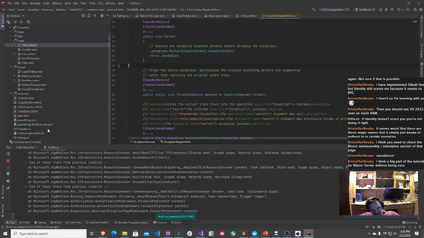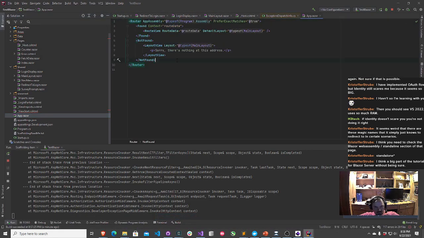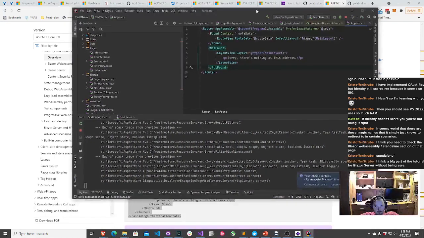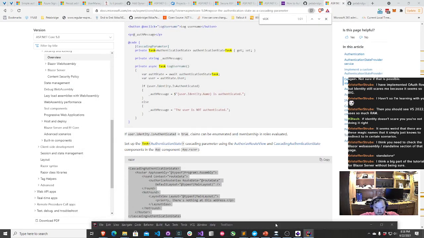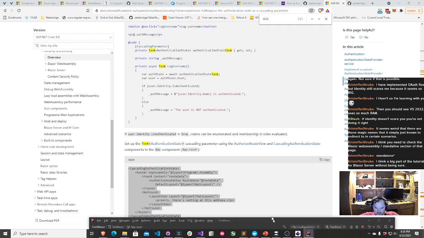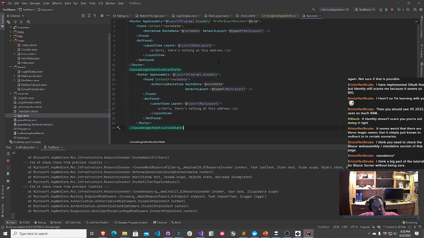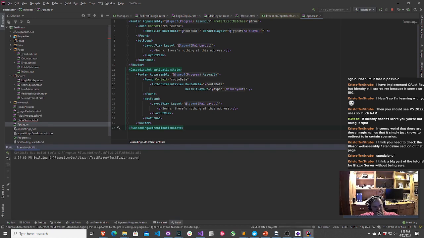Go to app.razor. In the app component. Okay, well, give this a try. Let's go ahead and run this again.